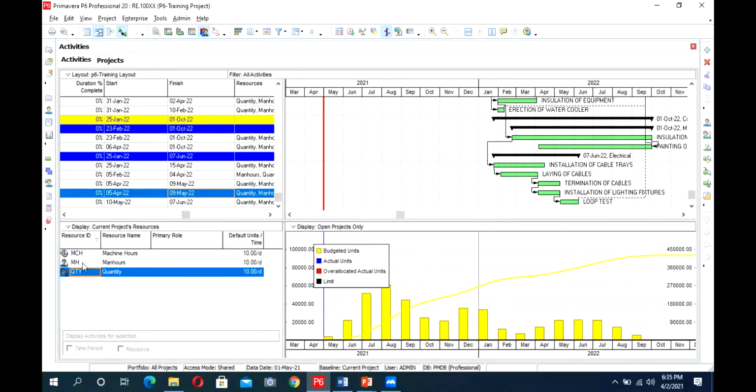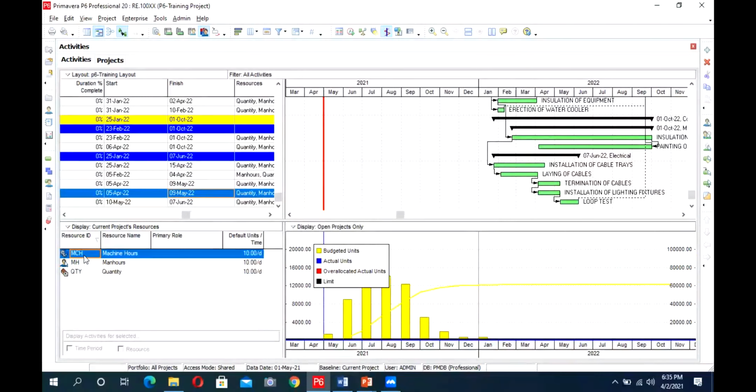Similarly, for machines, we can divide it into further machine packages. For example, for excavation, we can add excavators and dump trucks, and we will know how many excavators are required in the month of May, and in the month of June how many dump trucks will be required.